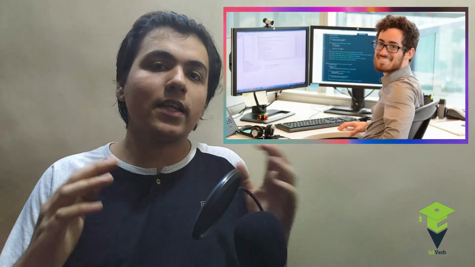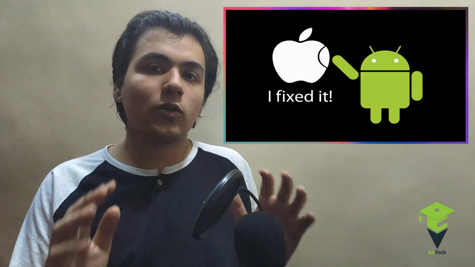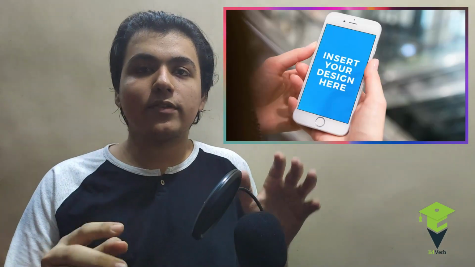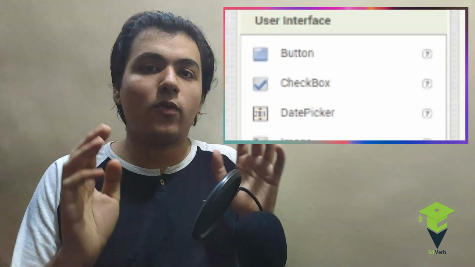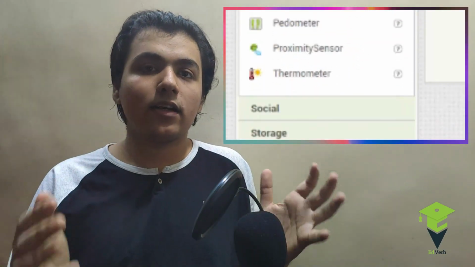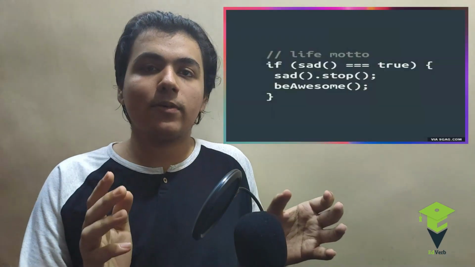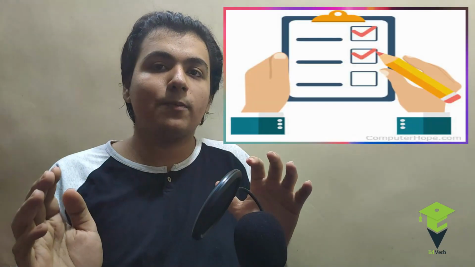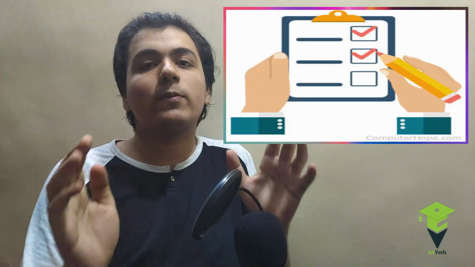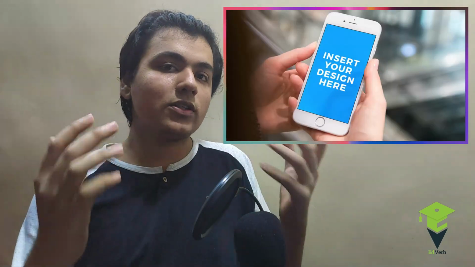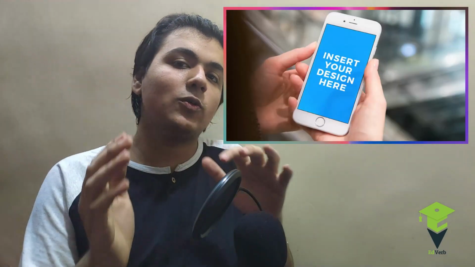So whenever you are developing any kind of application, your application undergoes two stages. The first one is designing and the second one is programming. In the designing phase, you decide what components you need, what UI components you need, and what sensors you need. So when you have decided that, you move on to the programming phase. In the programming phase, you decide what tasks you need to perform using those components and what logic you will use to perform those tasks and to complete them successfully. So that is very important in the programming phase. So I'll go first with the designing phase and how it's used in App Inventor.